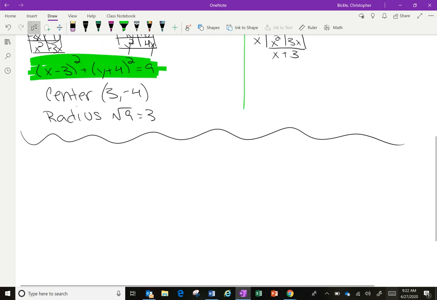So the last thing that's going to show up is a point on the circle. This actually goes back to things that we did with parabolas, and you did it with lines last year. They're going to give you the equation of a circle and a point, and they're going to ask, is this point on the circle? It's actually not too hard for us to figure out, okay? So what we're going to do here